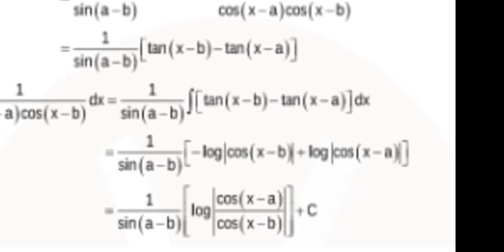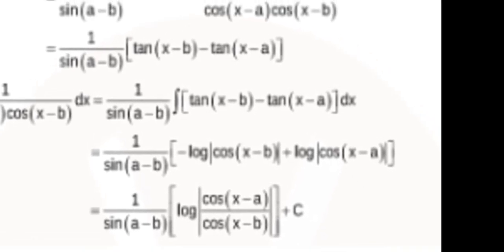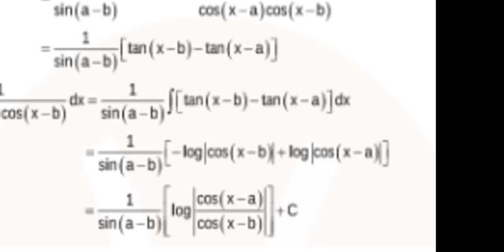So here minus log mod of cos x minus b plus log of cos x minus a. So it will be 1 by sin a minus b, log of cos x minus a by cos x minus b